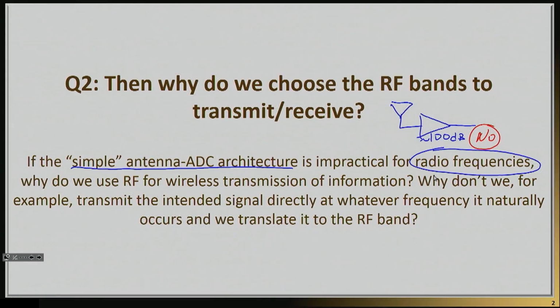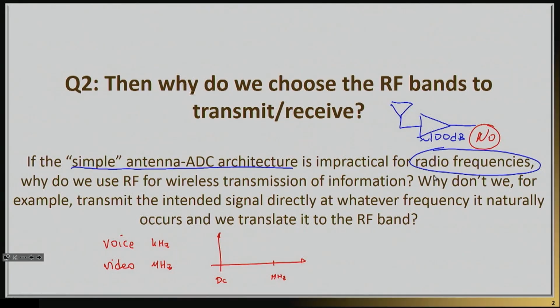And this is a fair question because the fundamental principle is that the vast majority of signals, such as, for example, voice and video, essentially get encoded into bits today, and most of them will basically occupy just a few kilohertz up to maybe just a few megahertz of bandwidth. Our voice takes just a few kilohertz to transmit, if that, and video, even high definition video, takes just a few megahertz. So one might say, look, I have to transmit a signal that extends roughly from DC up to maybe a megahertz or two, or maybe 5 or 10, depending on the situation.